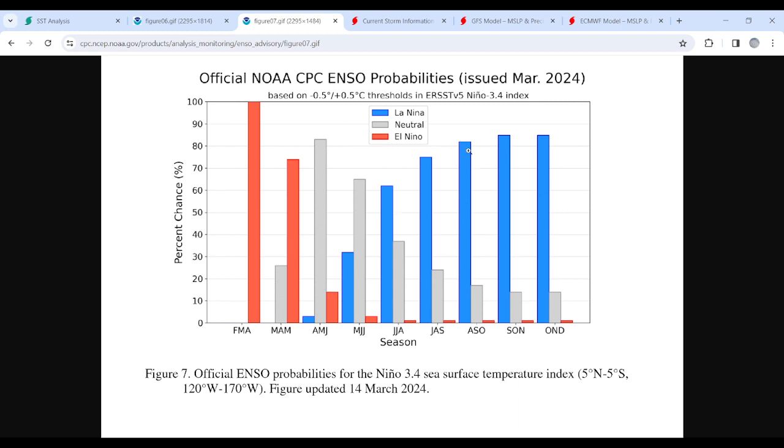And here where it matters the most, the ASO, August, September, October, you can see that it has about an 82% chance of being a La Nina going into the hurricane season. So, that being said, there's a lot to watch out for between now and say May 15th when the tropical weather outlooks start to see how our season is going to pan out. With that being said, let's take a look at the tropics,